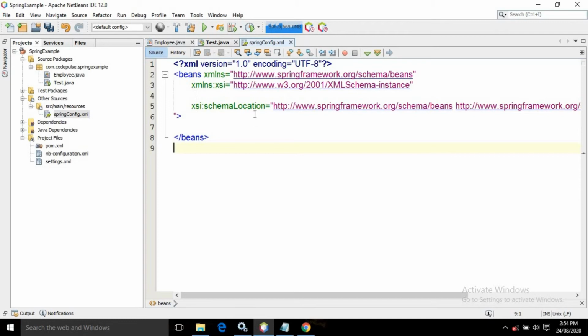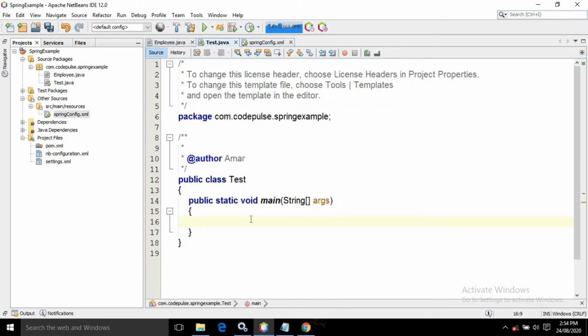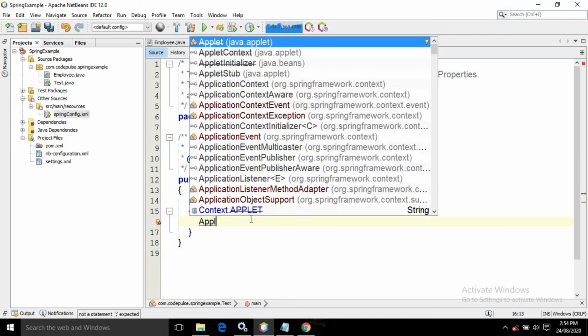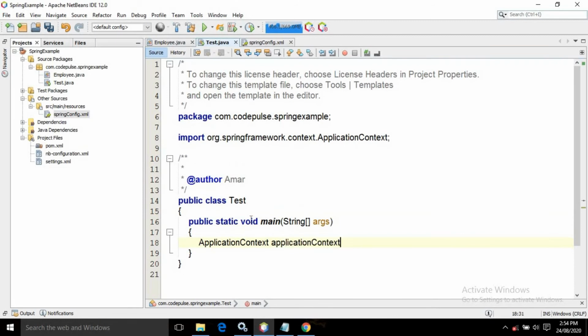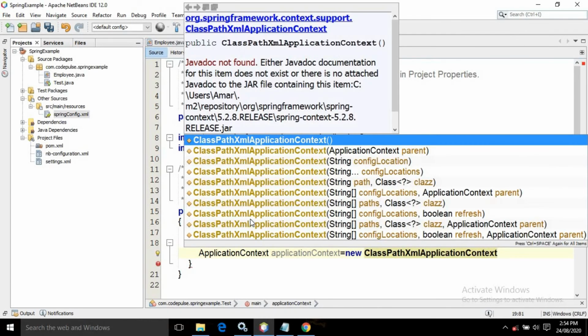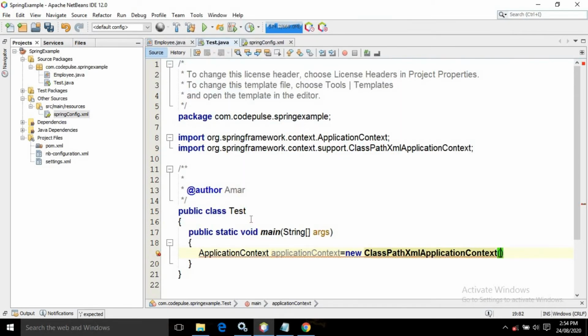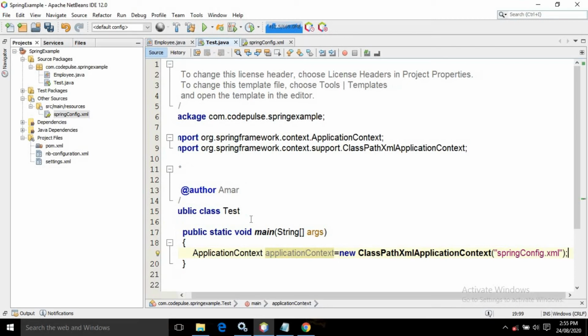Now in the Test.java class, I will use the ApplicationContext interface. Let me write the code first, then I will make you understand. New ClassPathXmlApplicationContext, and here we need to specify the Spring configuration file name, that is springconfig.xml.